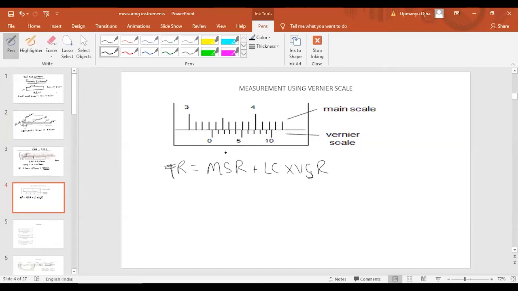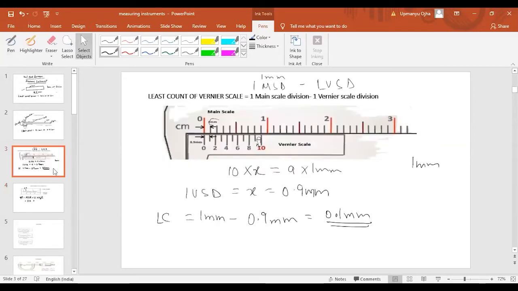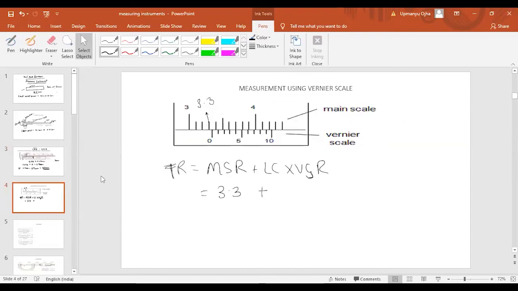Now how to find the main scale reading? To determine the main scale reading, we have to look at the value which is on the left side of the zero of the vernier scale. If you look at the left side of the zero of the vernier scale, what is the value of the main scale reading? That is 3.1, 3.2, 3.3. So the main scale reading is 3.3, plus the least count. What is the least count which we have found? That is 0.1 millimeter. So the least count of this instrument will be 0.1 millimeter into vernier